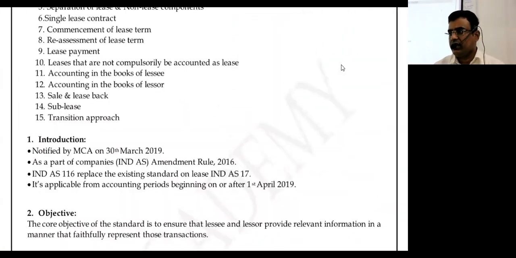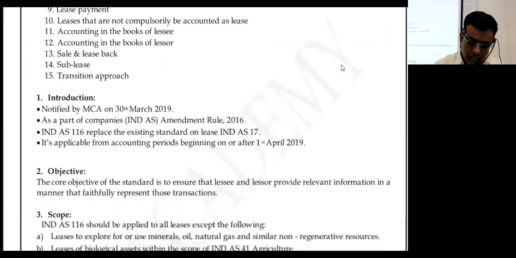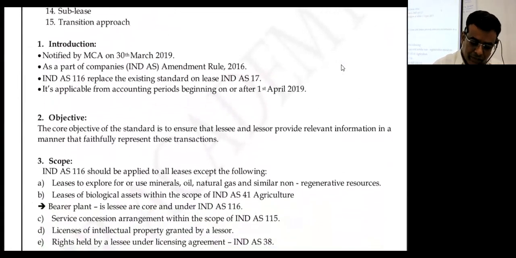The ICAI material consists of 137 pages. This standard also is a lengthy standard. Our material will be 29 to 30 pages, but including problems in ICAI, it comes to 137 pages. Like Ind AS number 115, around 140 pages. These also are 140 pages. Once you complete these two, one volume is over. Yes sir, 280 pages. The standard may be one standard, but two standards cover one volume of the books. Is it clear?